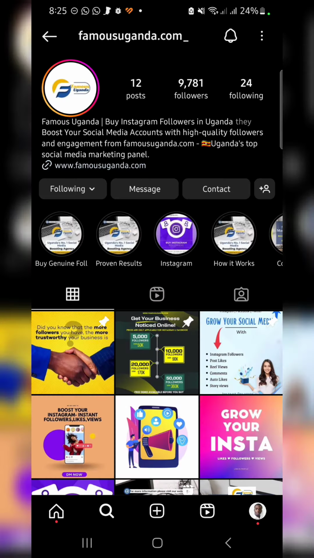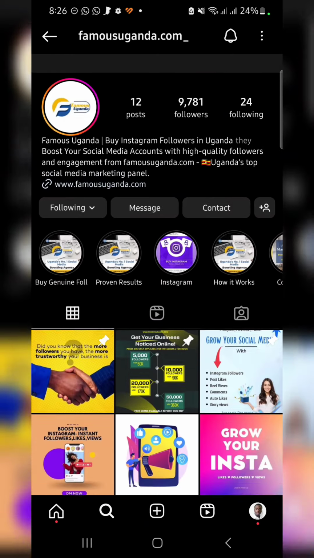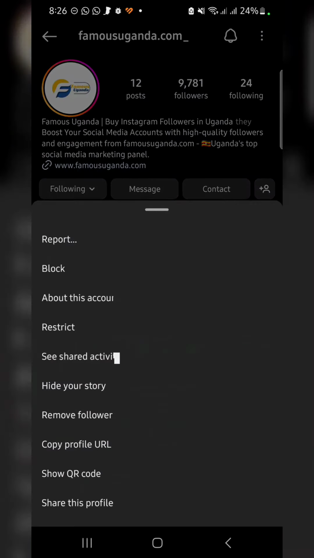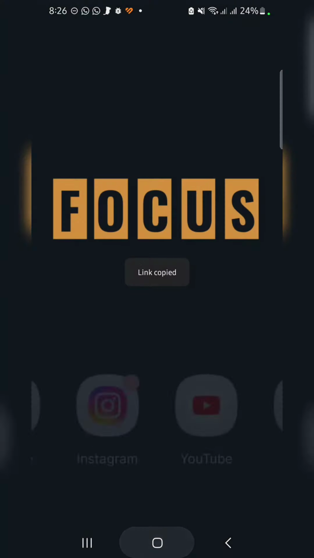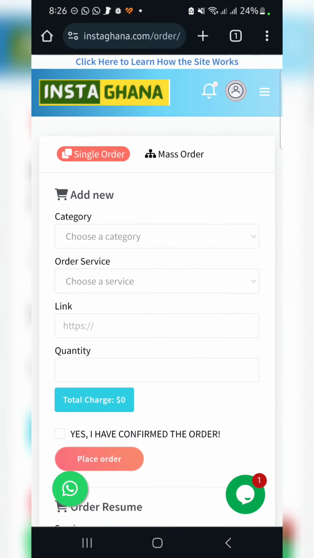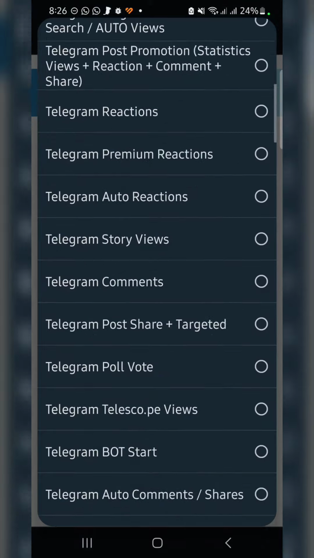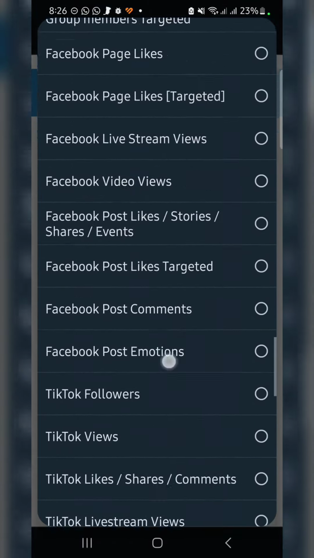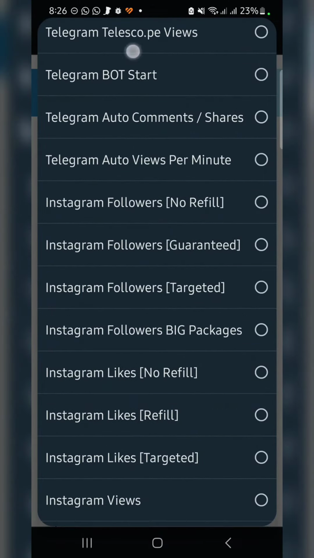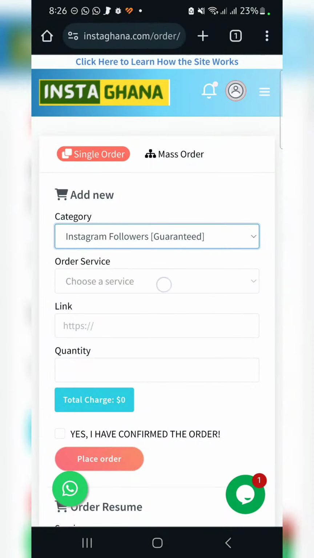I am also going to order for some followers. Right now it has 9,781 followers. I'm going to order for some followers. So I click on copy profile URL. I go back to the website, click on category. Now I select Instagram followers. So you can see Instagram followers guaranteed. You can just select it,